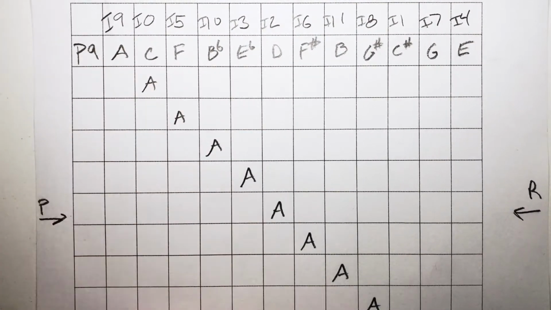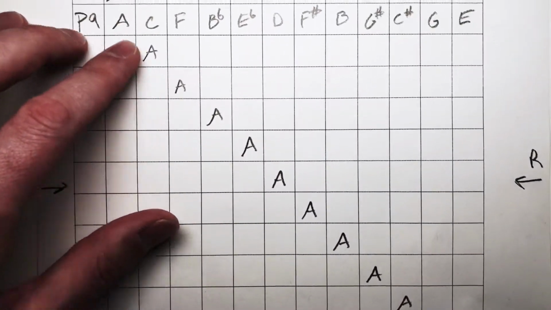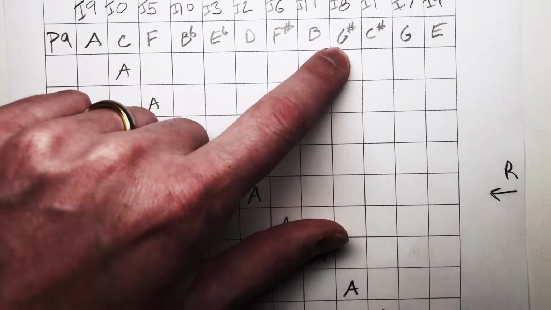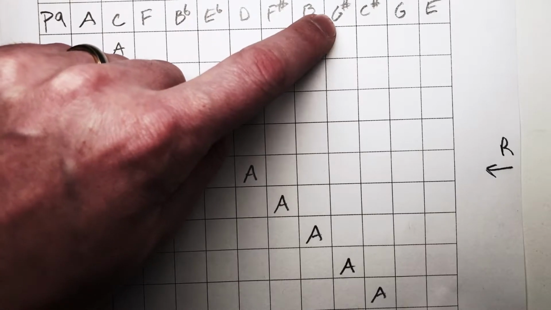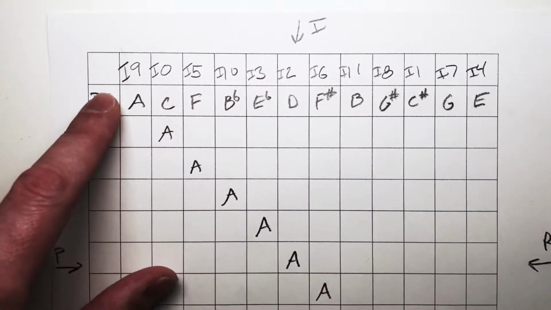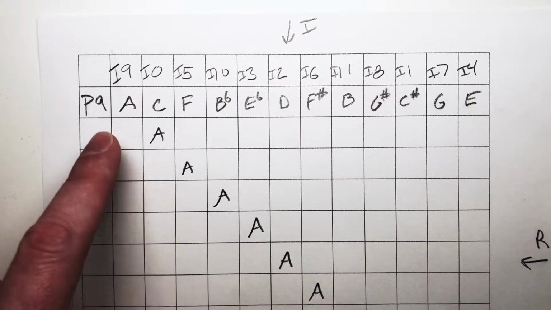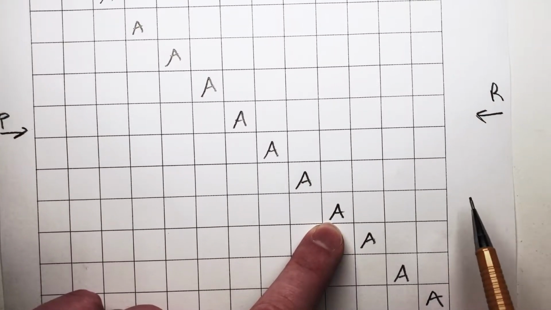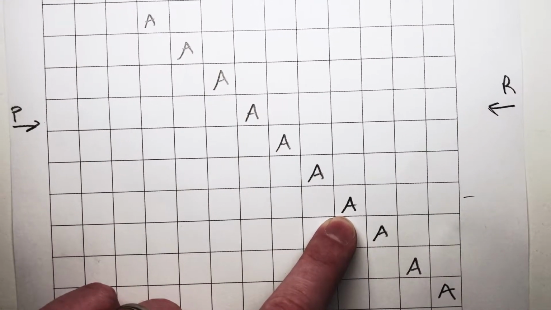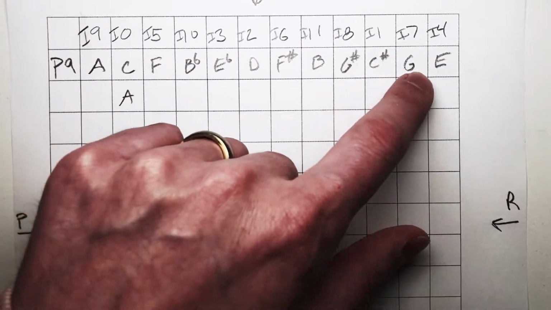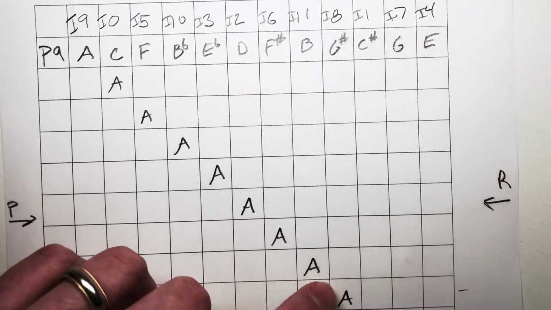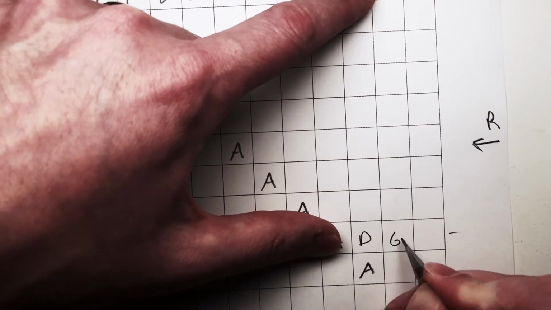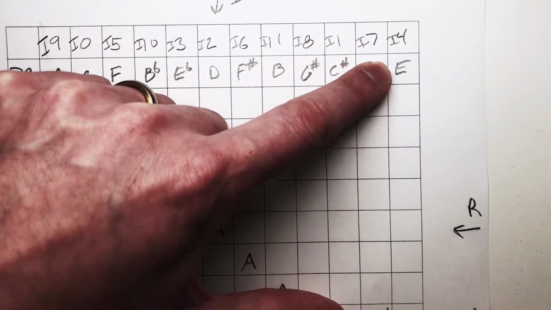Find where the note a half step lower than A is in your original row. So G sharp is here. If G sharp here went to A here, then that means all of these for that row across will be a half step higher. So G sharp to A here. I'm just going to make a little dash so I know which row I'm working on. Now I just take each of these notes and go up a half step to fill out the rest of this row. So C sharp goes to D, G goes to G sharp, E goes to F,